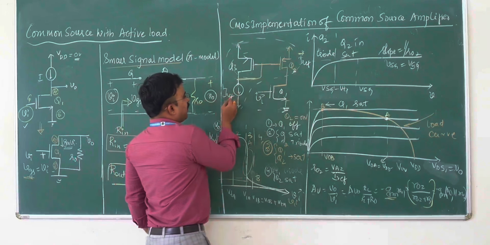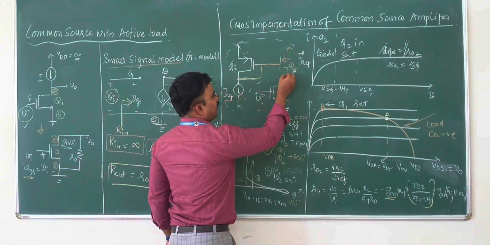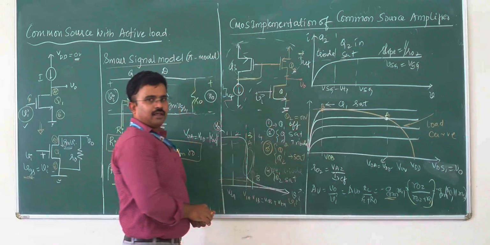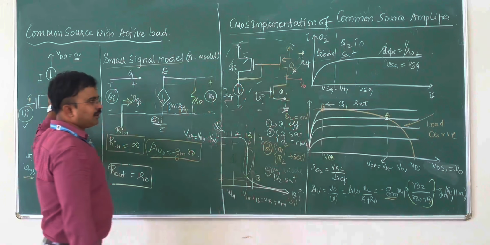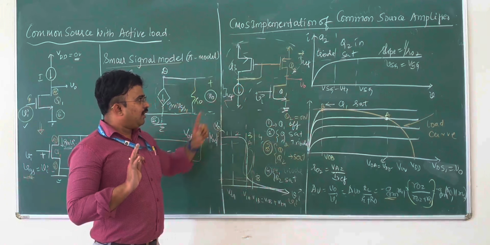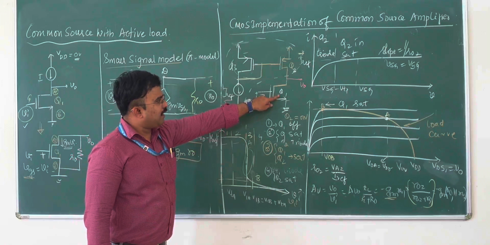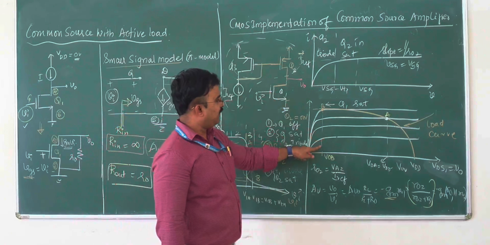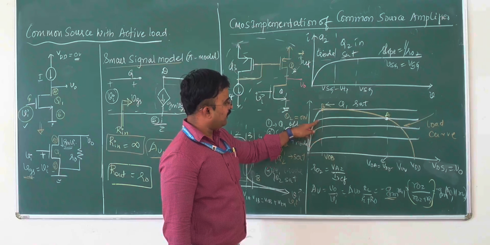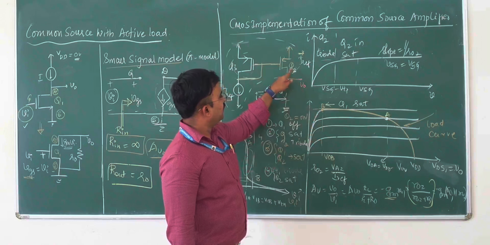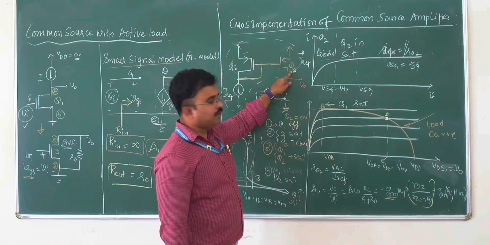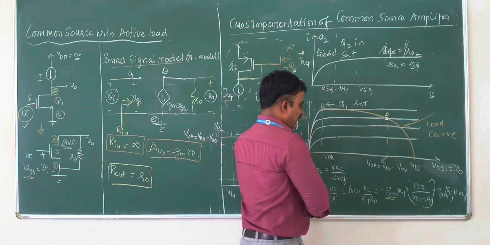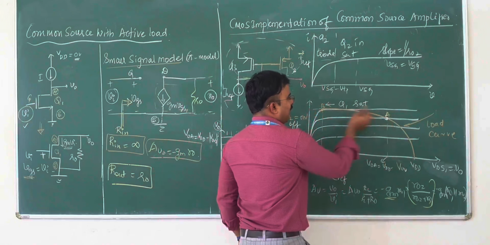Now, the concept is that whatever value of I reference is flowing will be copied down to this transistor. The output voltage, whenever you calculate it, is V0. It is just V0, not changing, only the current source is replaced. Vi is the input voltage. The next thing is, since Q1 is an NMOS transistor, we need to consider the characteristics of the NMOS transistor on the right side with different values of VGS. The characteristics of NMOS are written. Q2 is called a load, which is a PMOS transistor. The load curve is written over here in brown color, and the meeting points are considered, one point is A and one point is B.